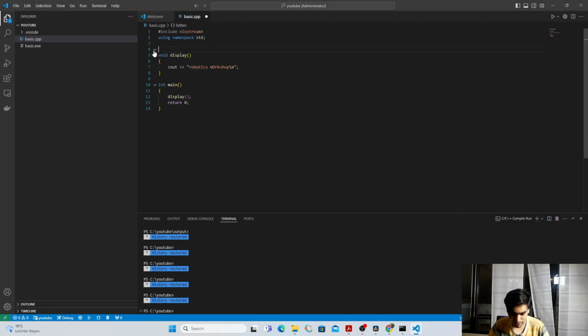Next, I'm going to remove this, and last time we talked about the hash include iostream. The hash include is a preprocessor directive, and it actually just tells the compiler to replace this line with the contents of the file that we have called here. We are calling the iostream file, so it will replace this line with the content of the iostream file. Next we are going through each stage the compiler takes to convert the CPP file into the exe file. So the first stage is the compilation, and in the compilation the first stage is the